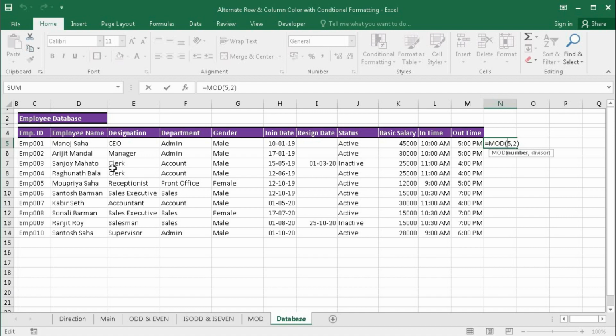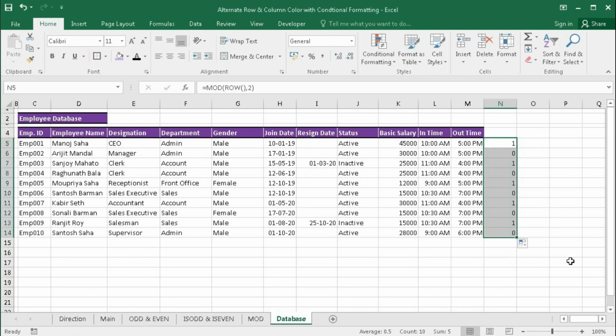So we will divide the row number by 2 if we want alternate row color. So in place of the number we will put the row number, enter. So we got 1, 0, 1, 0, 1, 0. So 1 is true and 0 is false.